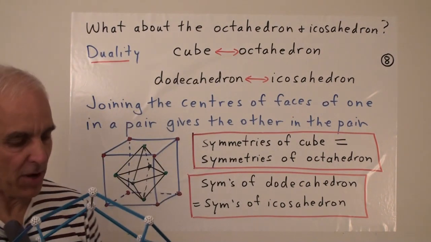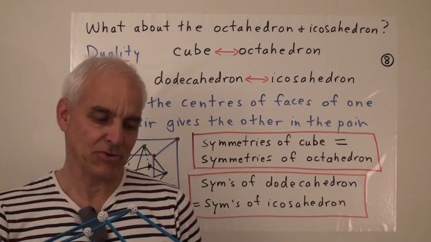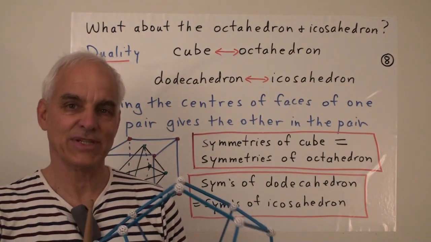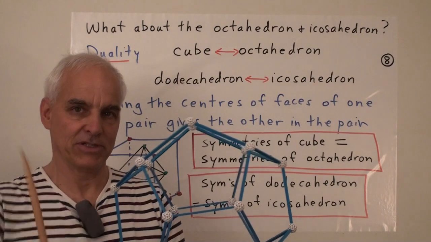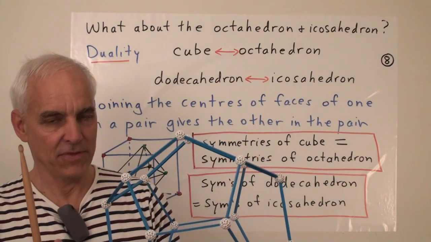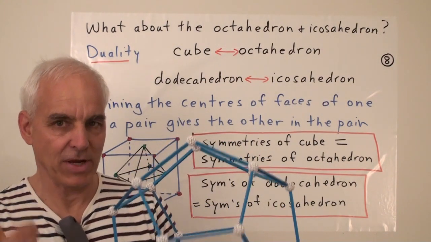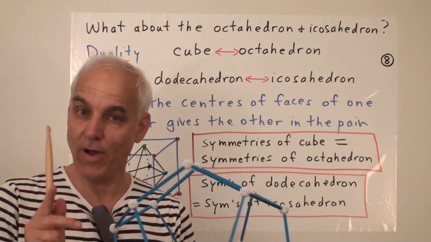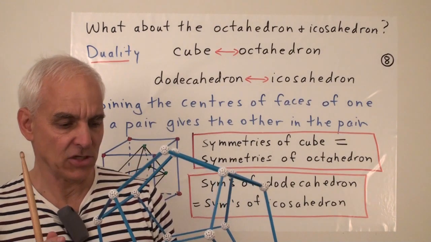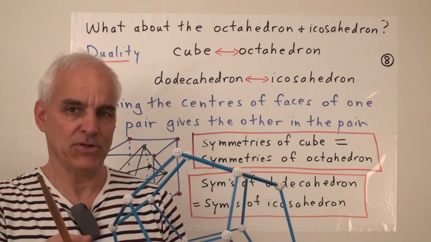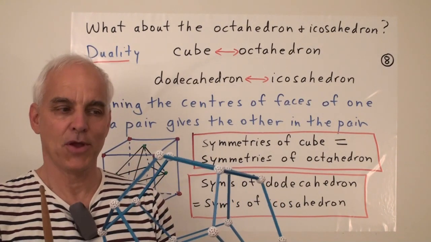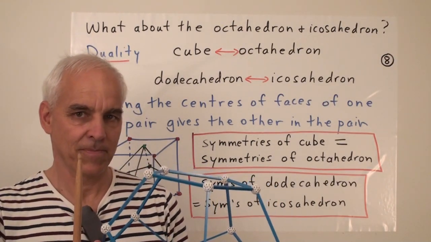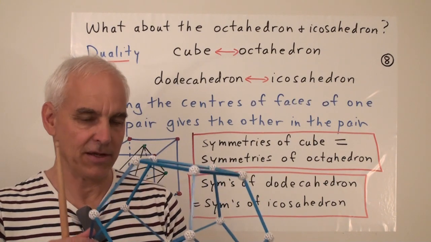Now in our next video, I want to have a look at these symmetries from a slightly different point of view. I want to look at structures inside the Platonic solids. It turns out that another way of thinking about what symmetry means is not in terms of transformations. That's only one way. Another way of thinking about things is in terms of sub-objects or configurations contained inside the Platonic solids. That turns out to be quite an interesting story.